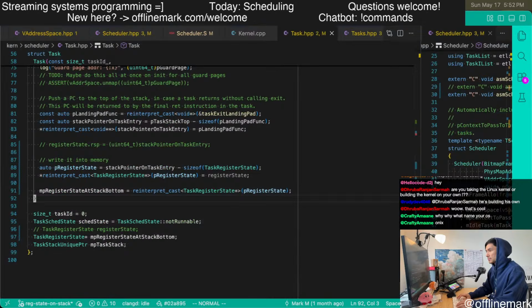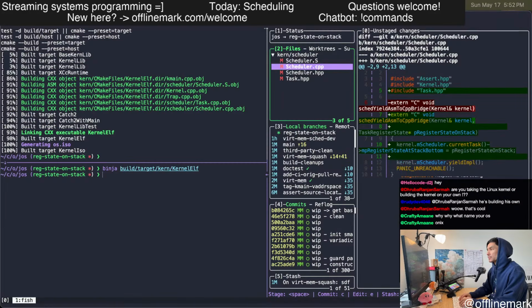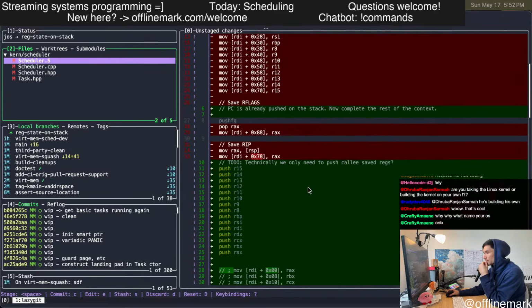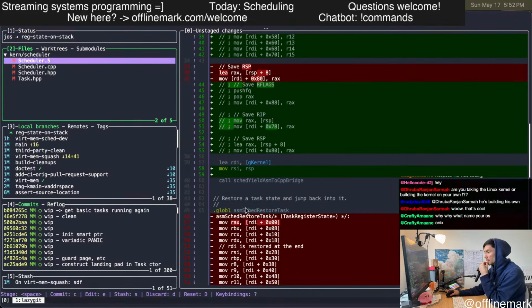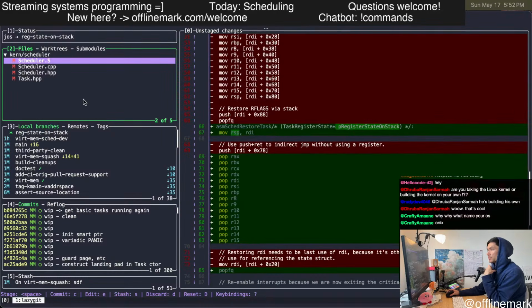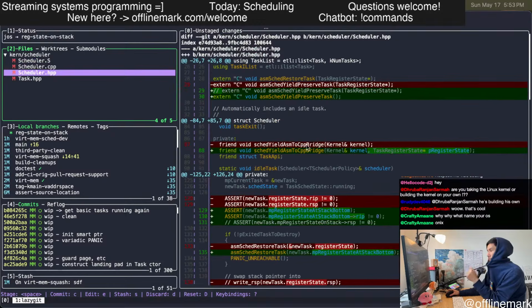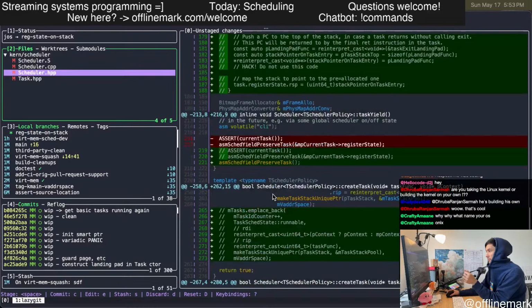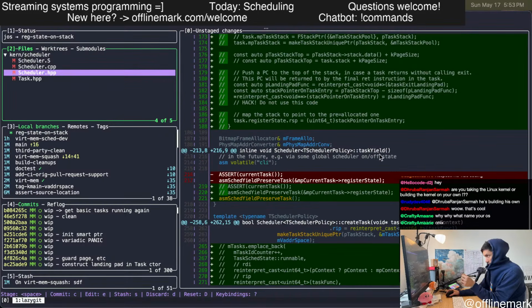Okay, so anything else to look at before we run it? Push, pass over here. Then on the other end, so here's the yield.